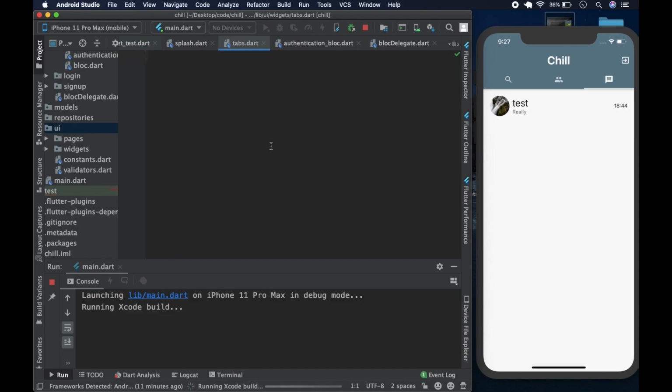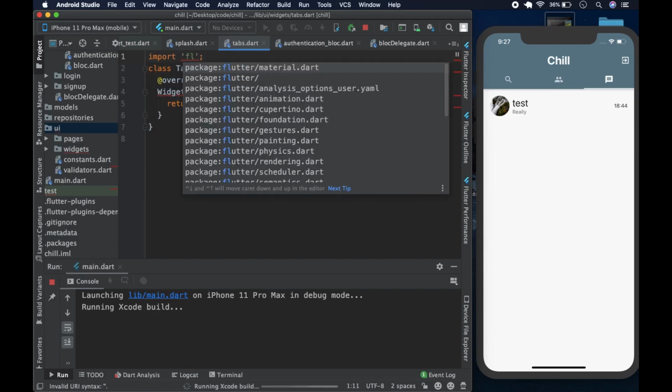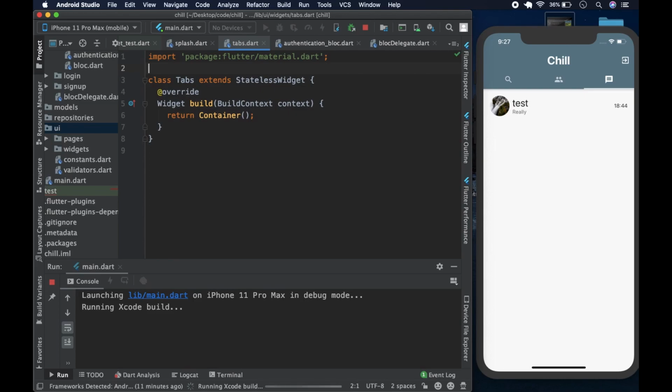So we could type stateless as we're waiting and hit that, and we could call this tabs, like that. And of course import, I think it will flash very quickly, flutter material dot dart, like so. Give it some space, and wait for it, and it should momentarily flash. I believe it will do so in a second. Let's just see it,